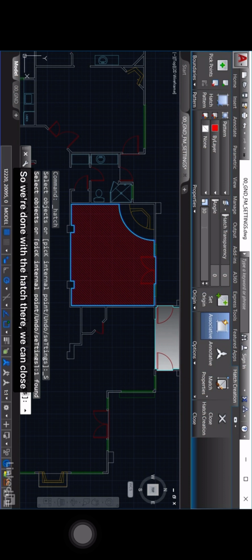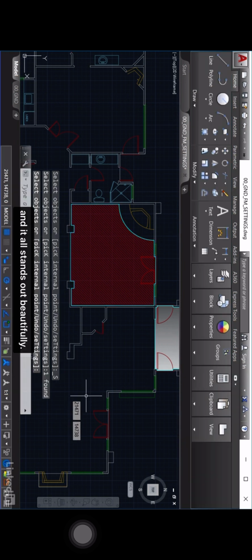So we're done with the hatch there. We can close the hatch creation like so, and it all stands out beautifully. Now don't forget,